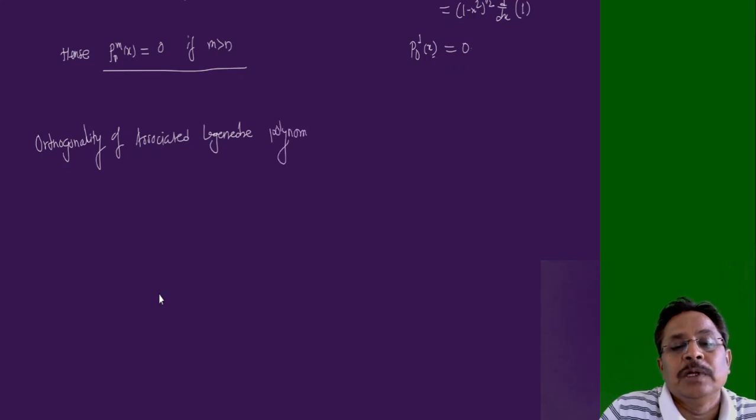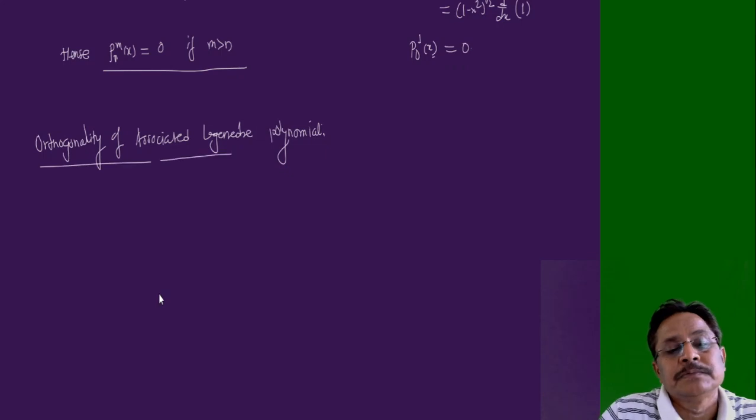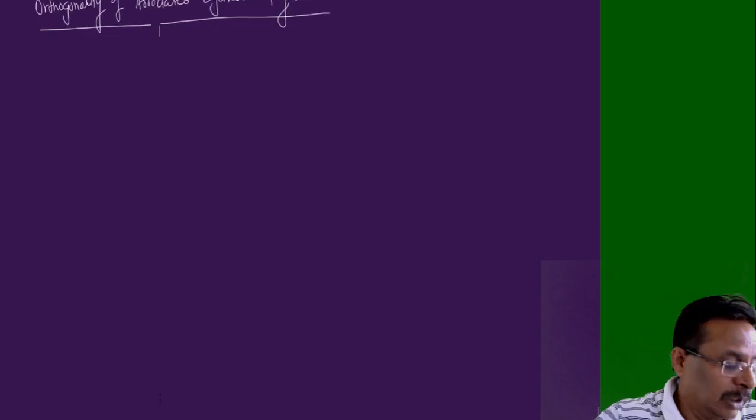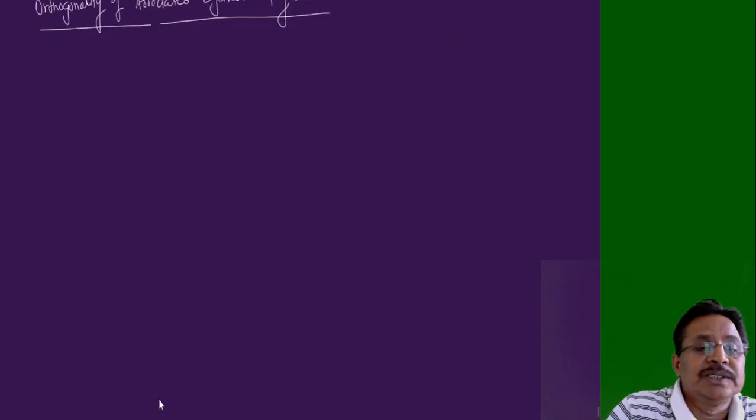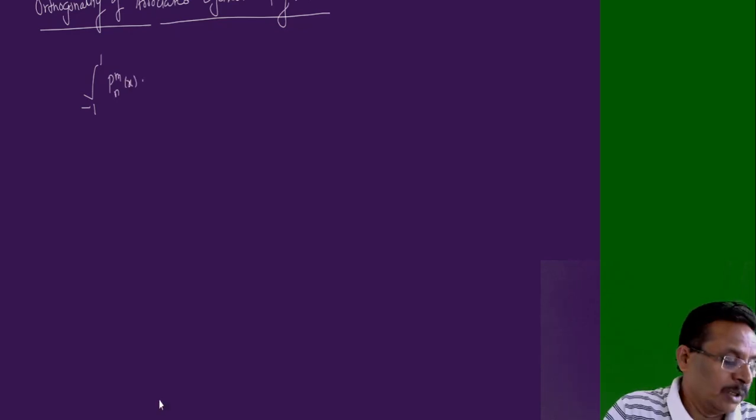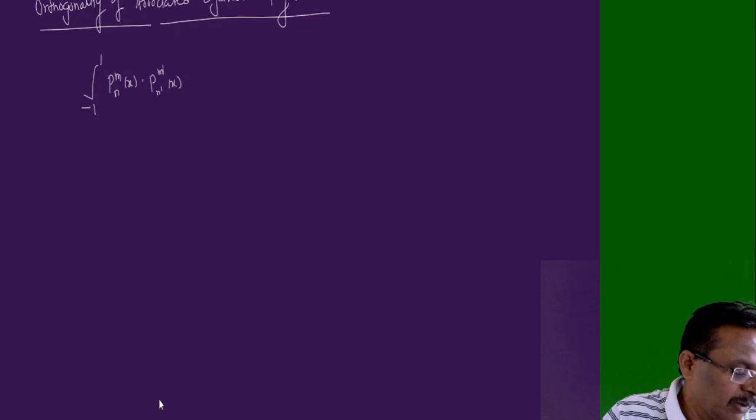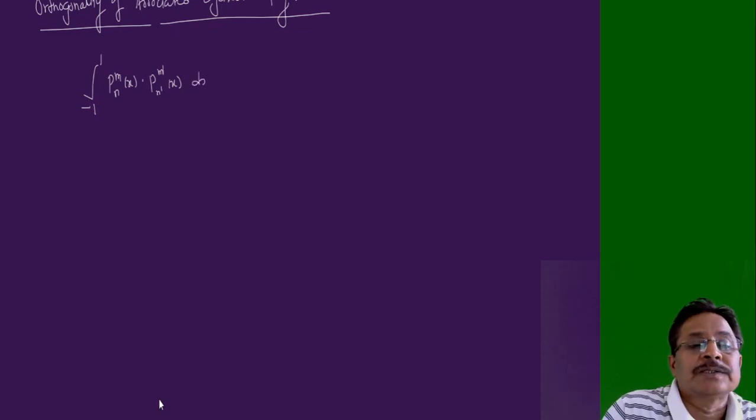Associated Legendre polynomial. Orthogonality of associated Legendre polynomial. So this expression is given as the integral from -1 to +1 of Pn of x into Pn prime, m of x, where n and n prime are different, m and m prime are also different, into dx, that is equal